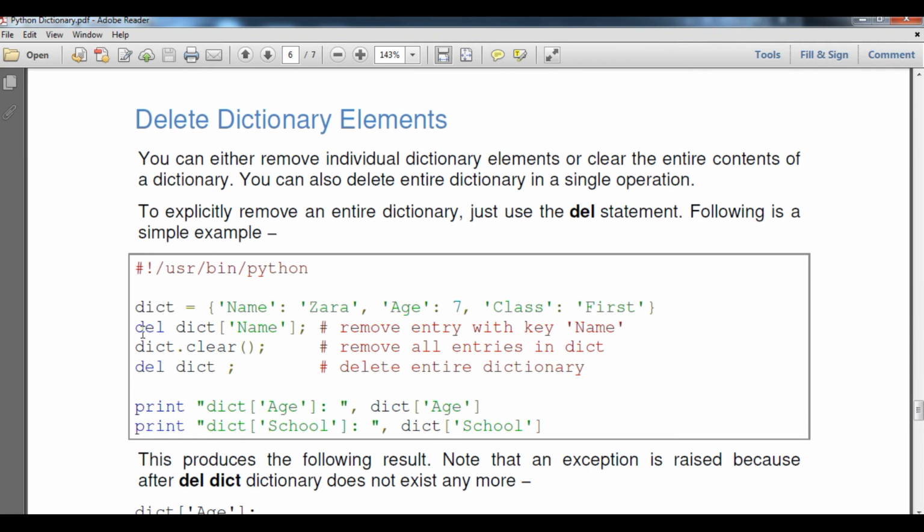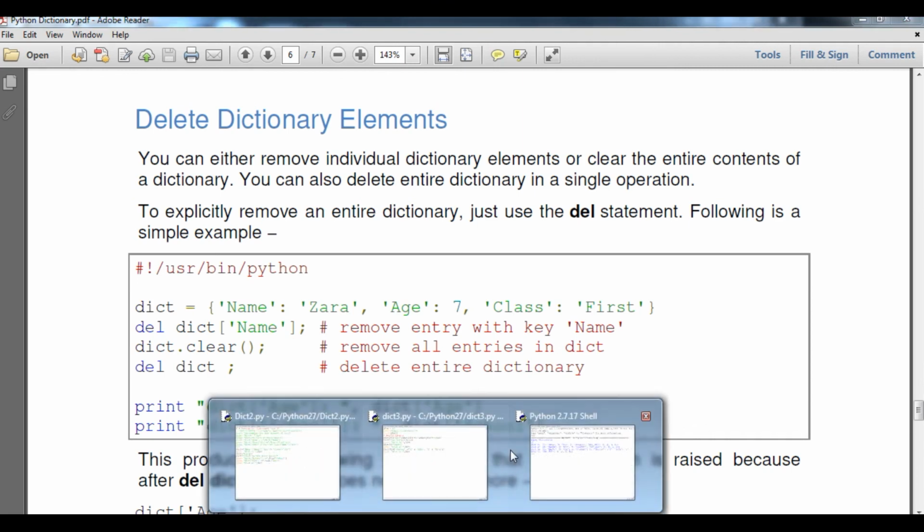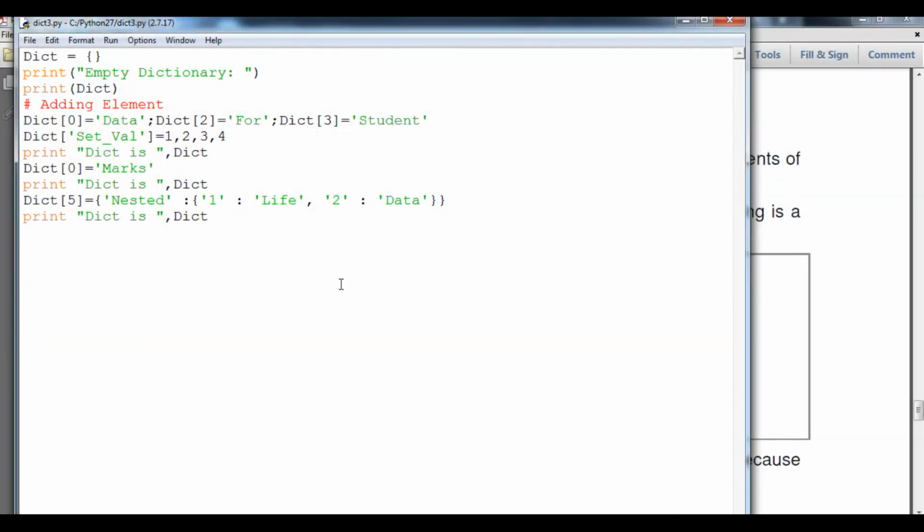Here the dictionary equals name Zara, age 7, class first, and here we are going to delete the name key. Removing the entry with name, clear makes all elements deleted, and del deletes the entire dictionary. So first of all, student, we are going to do this in the practice. Here I will say delete.